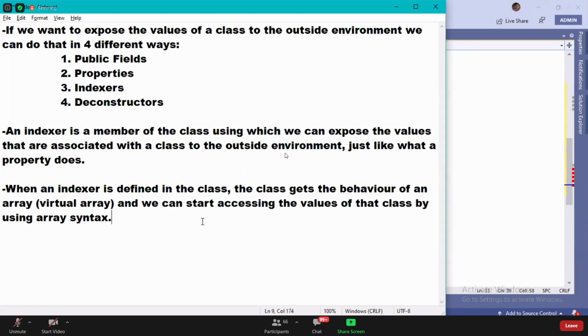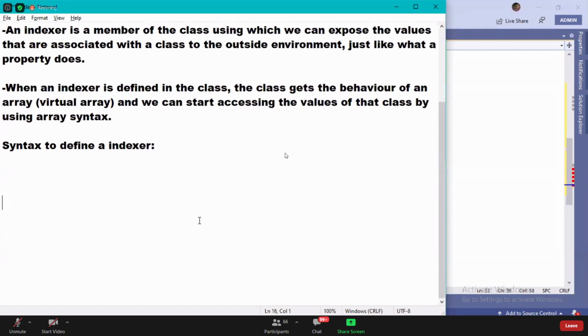Okay. Wow, this is interesting. Then how to define an indexer? Guys, watch it. Syntax to define an indexer. First, how do you define a property? Modifier, type, name, then get.